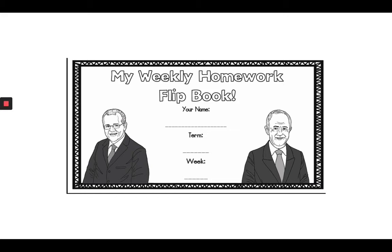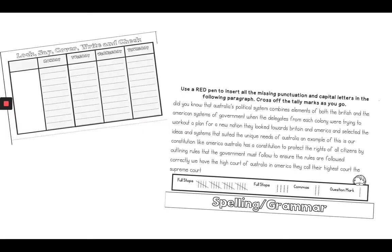Hi everyone, for this week for homework, we have our homework flipbook. The first part is our English homework. We have our look, say, cover, write, check for your spelling words. On Monday, you either wrote them into this section of your book or you have written them into your homework book. We then have our grammar, and our grammar is going to be looking at our punctuation and capital letters